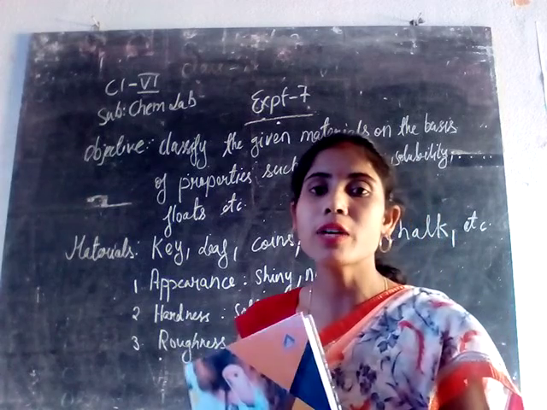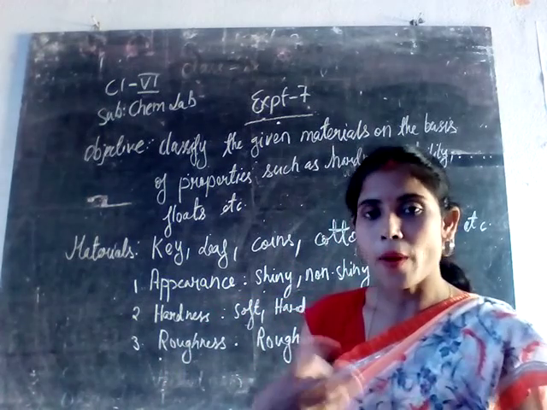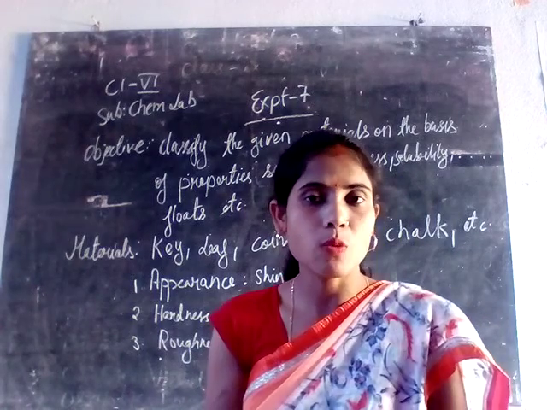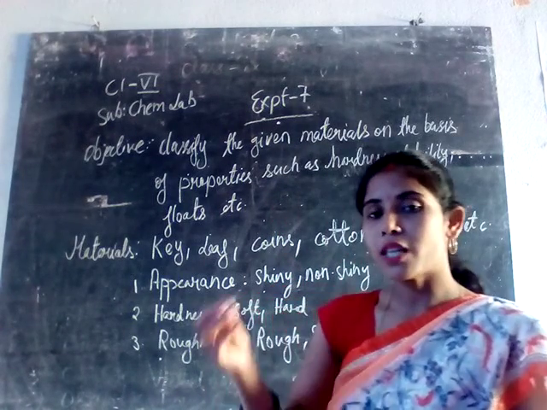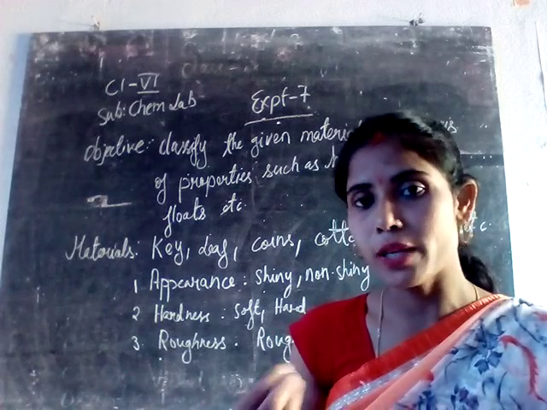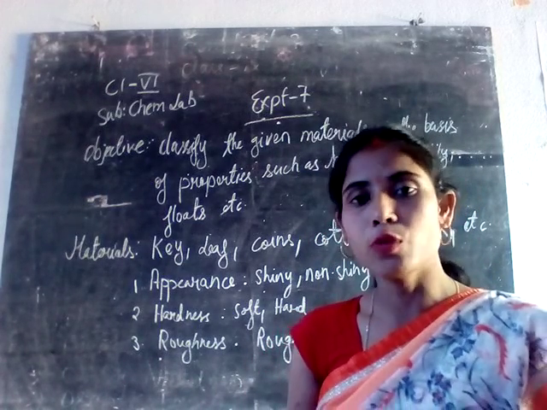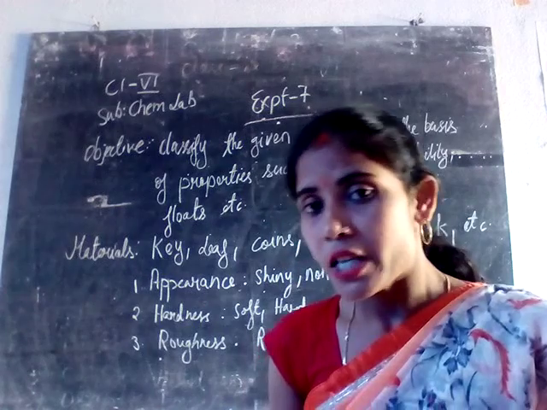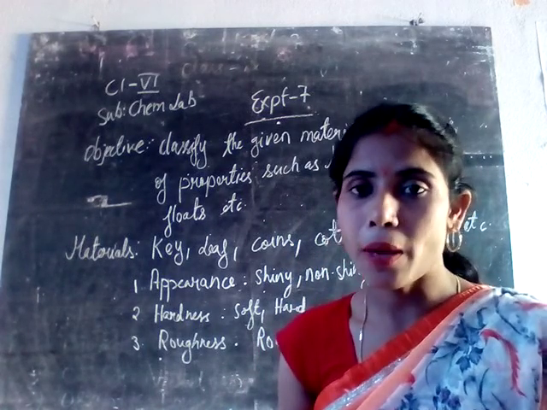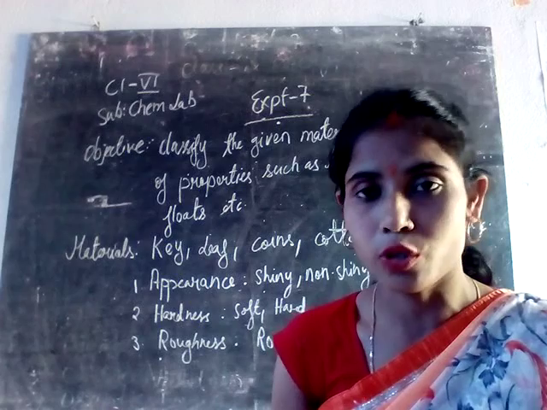Coins, all these things will what? They will sink in the water. If you are taking materials like chalk or powder, that will be soluble in the water. Materials which are in powder form are soluble in the water. Either they will be partially soluble in the water or fully soluble in the water. Some materials like leaf and paper will float on the water. Wood also will float on the water.